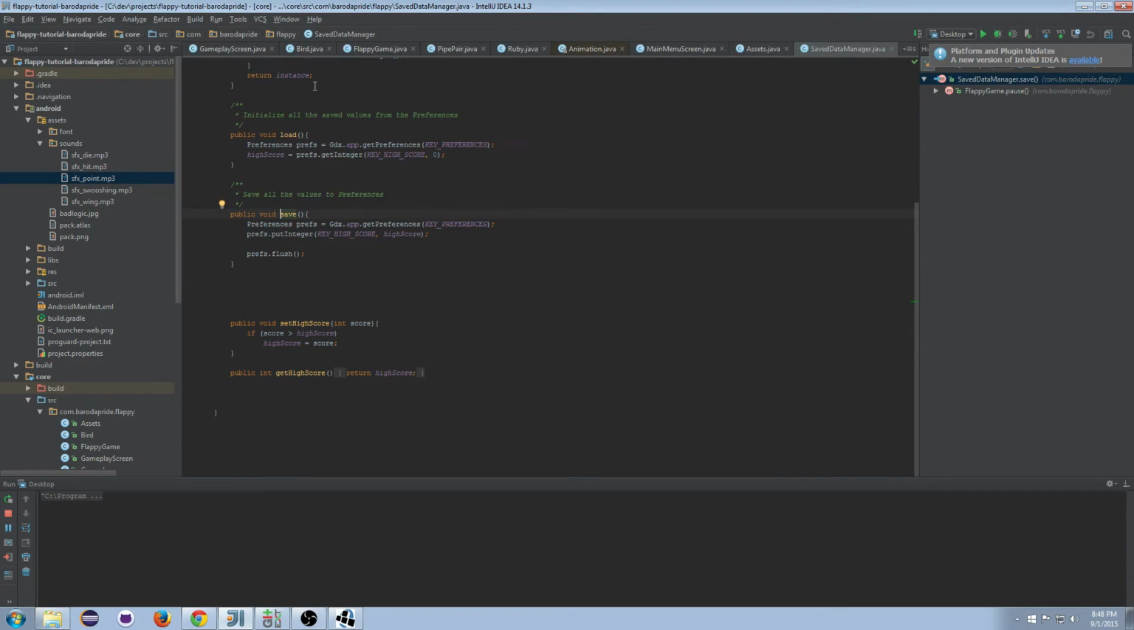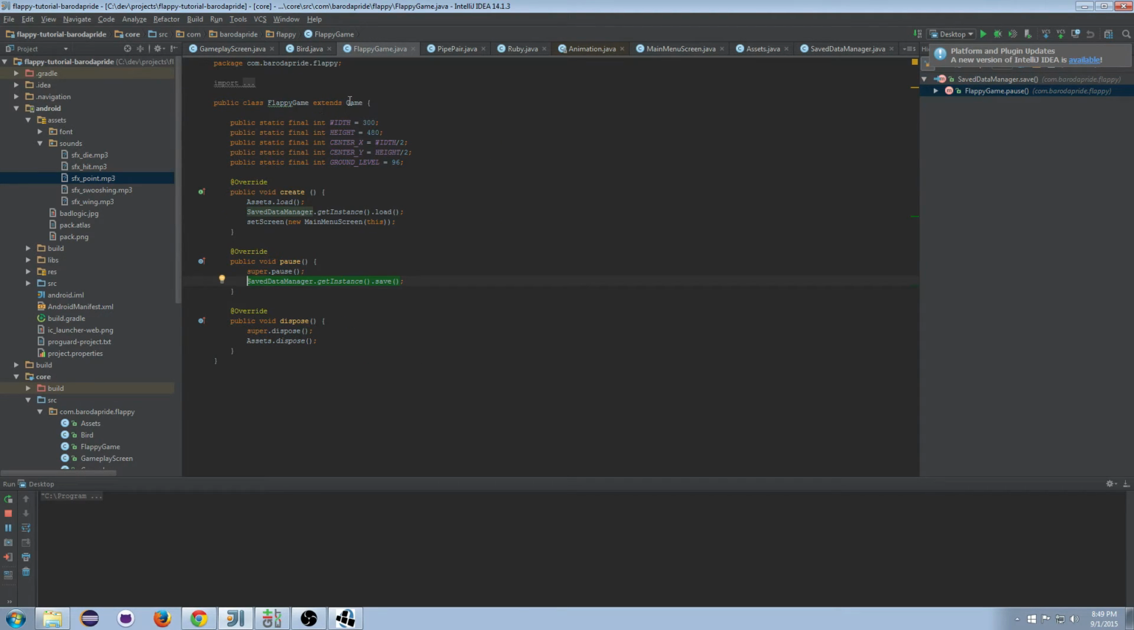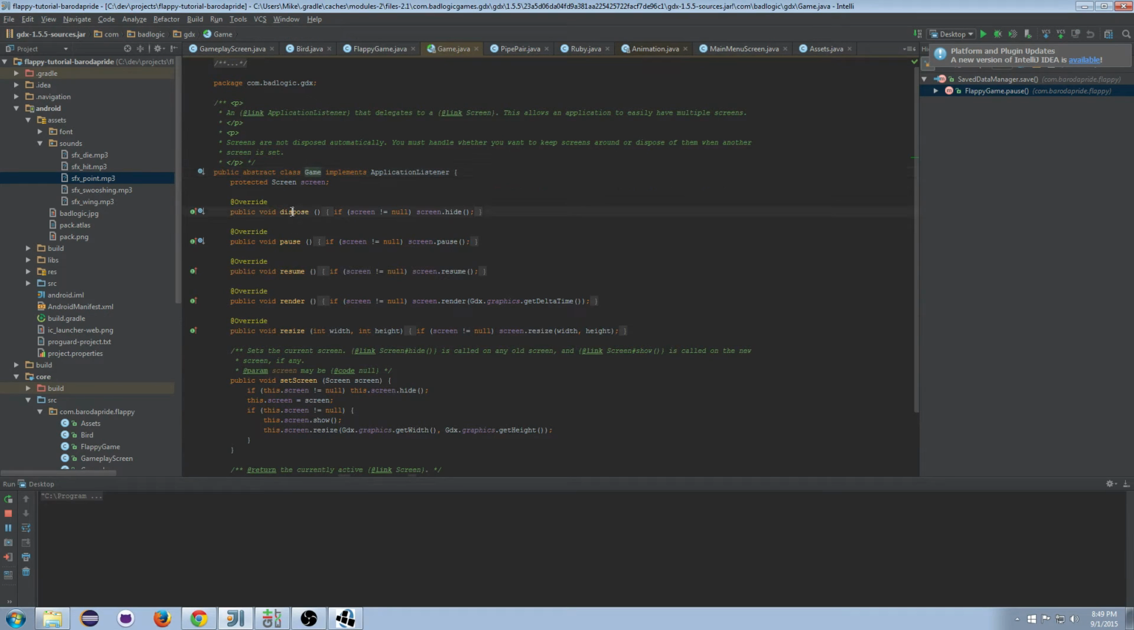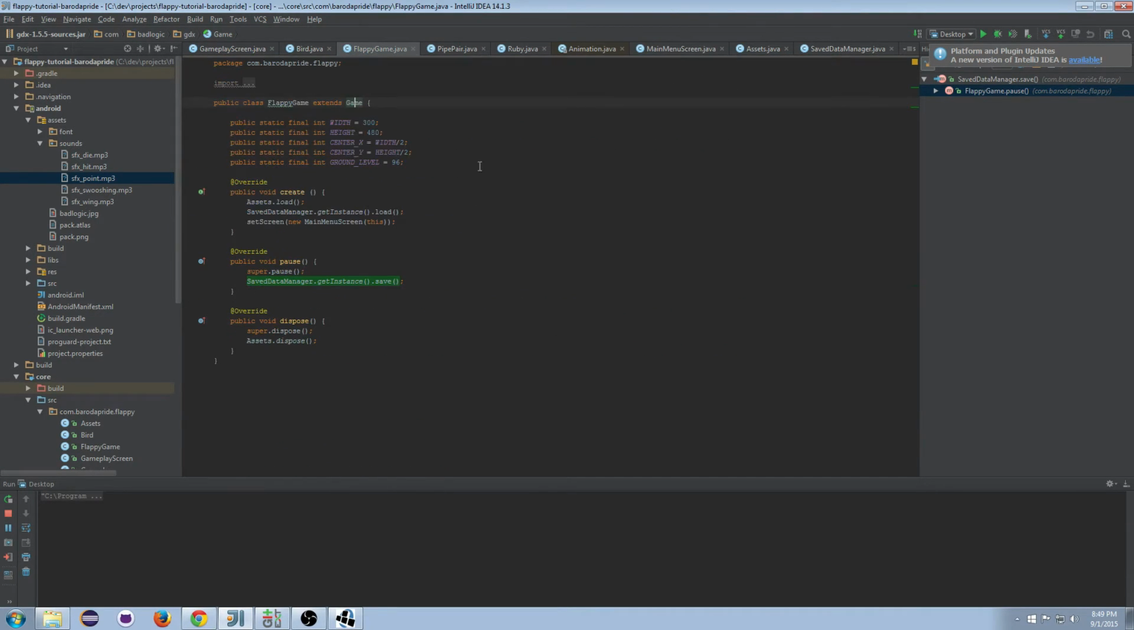And I want to call the load method when the game is initialized or resumed or started, and those are just the GDX callbacks. If I go here and look at my Flappy game, this is like the main GDX class, and you'll have those callbacks: create, pause, dispose, and there's some other ones. Let's see, dispose, pause, resume, render, resize. Any of those methods, when you create, you load. When you pause, you save. It's just